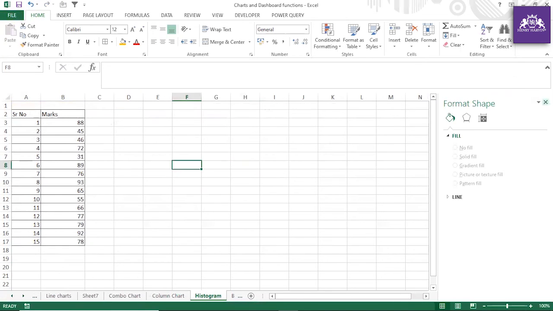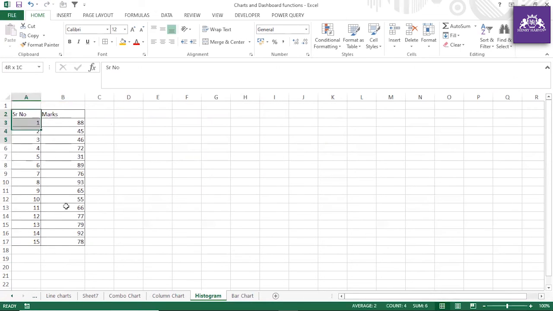Guys, understand, let me tell you how it is created, and it is very easy. If we have these students' scores, these are the marks obtained by 15 students. In Excel we have a function which can create the bins. So guys, understand, how can we create the bins over here?